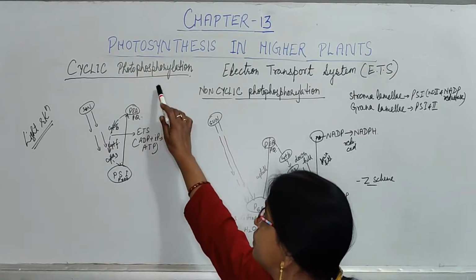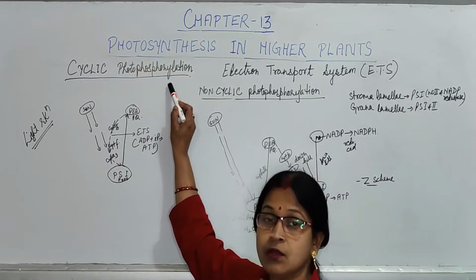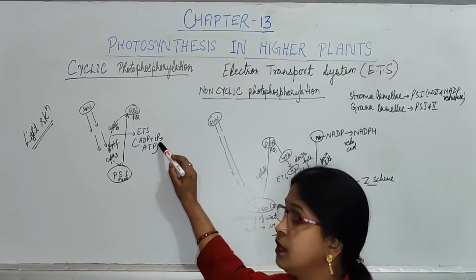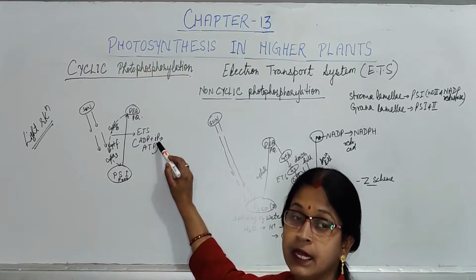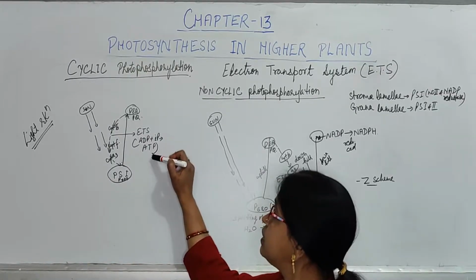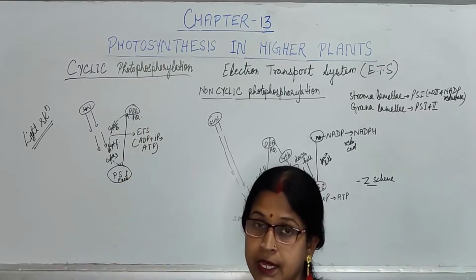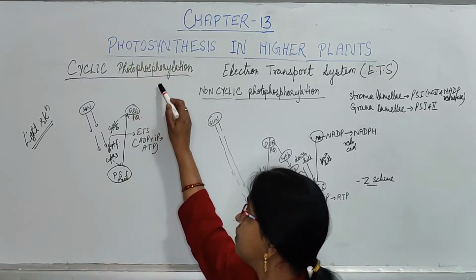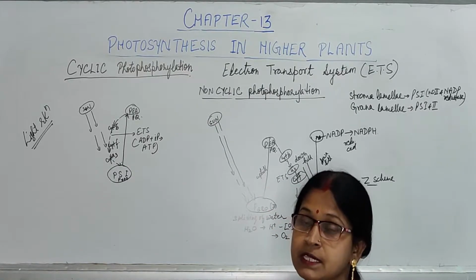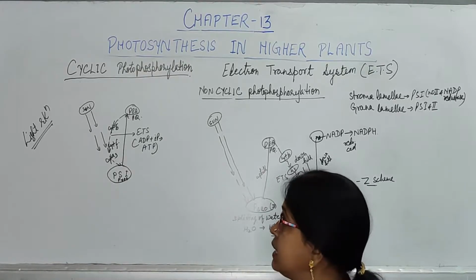Now photophosphorylation. What is photophosphorylation? Phosphorylation means formation or synthesis of ATP from ADP and inorganic phosphate. So the phenomenon of synthesis of ATP is known as phosphorylation, and because it occurs in the presence of light, it is known as photophosphorylation. Now this photophosphorylation takes place in the process of photosynthesis, which is of two types,